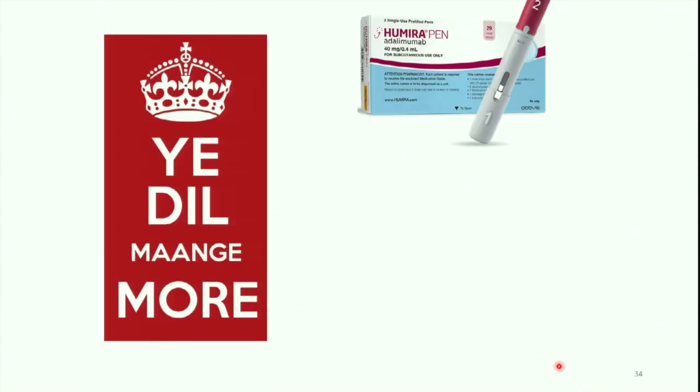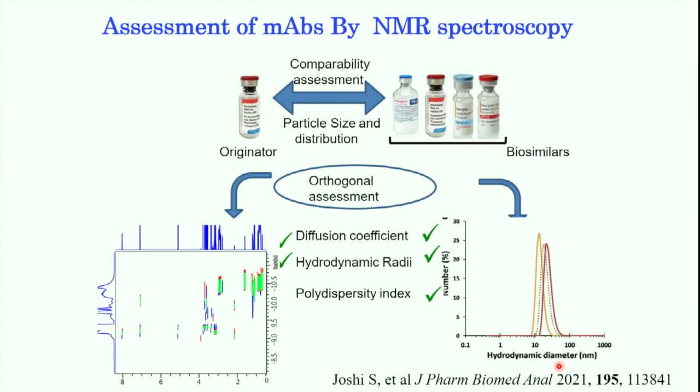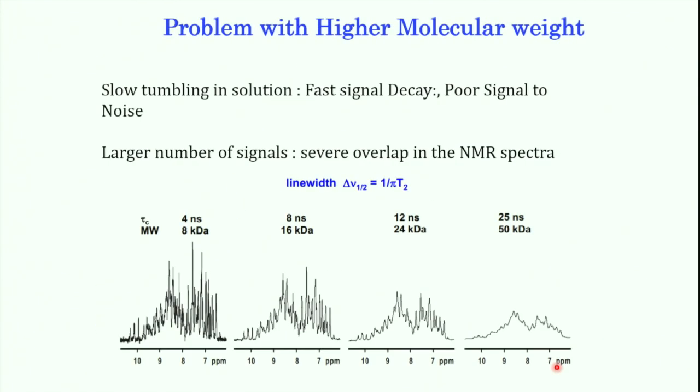Let's move to a bigger molecule like a monoclonal antibody. So they are really big. If you look, the line width increases as we go from 8 kilodalton to 50 kilodalton, because they are tumbling slowly in solution. Therefore, they have poor signal to noise and there is severe signal overlap. Because of this, they are typically not amenable for NMR. Line width is really broad, there is overlap also, but again we can use some of the NMR techniques